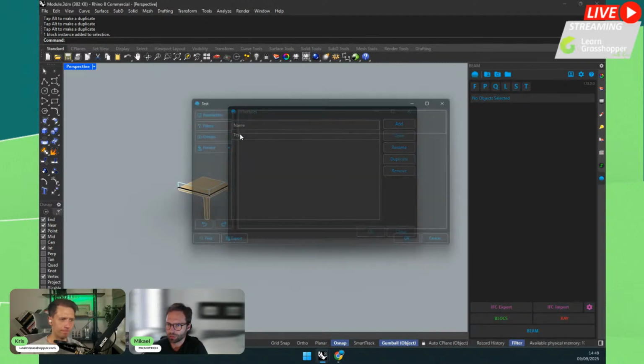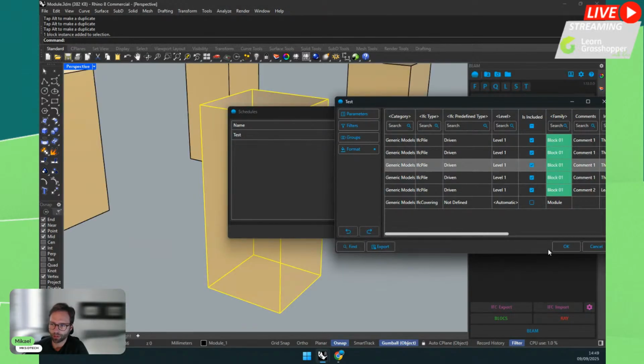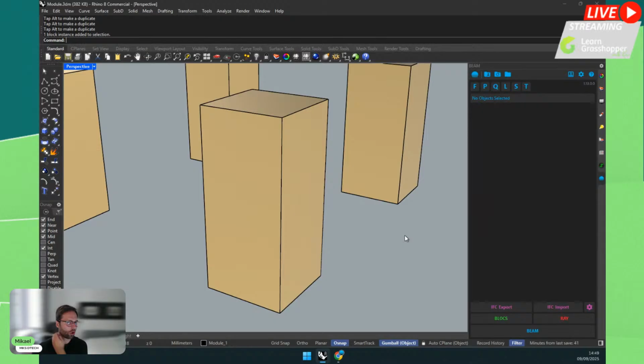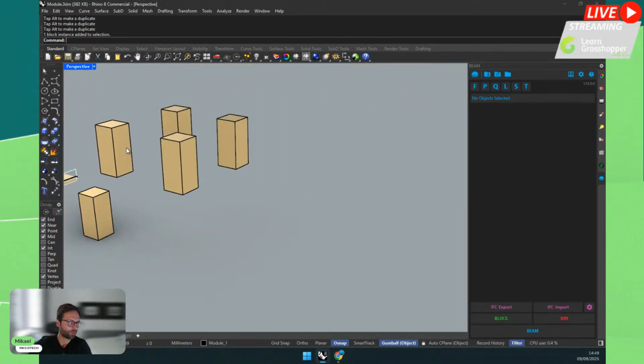So just to continue, so we have this, fine, perfect. Also, just to say, you can also find the objects. And as a hint, in the next version, you will also be able to color objects in the view based on the parameters. So the conditional formatting will be applied to the view, not only to the table. So you can even visualize very quickly without having to necessarily use Grasshopper, because you can, but just to have a very quick way to open a schedule and maybe color things based on that value after you assign the data.